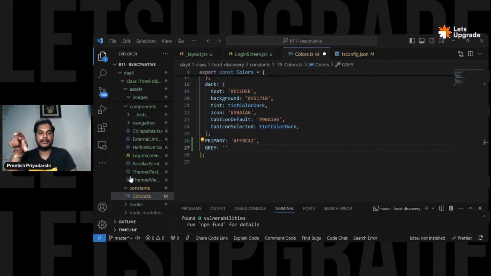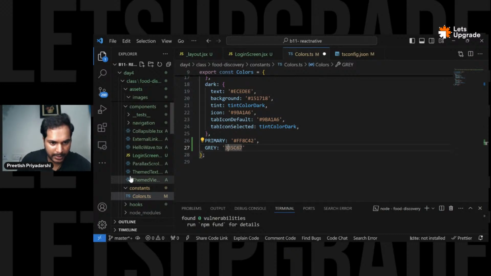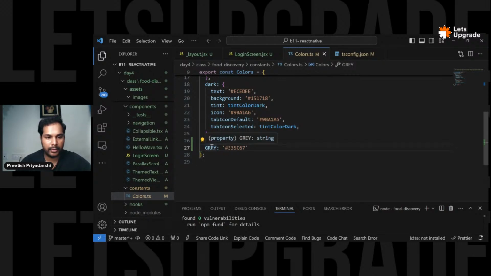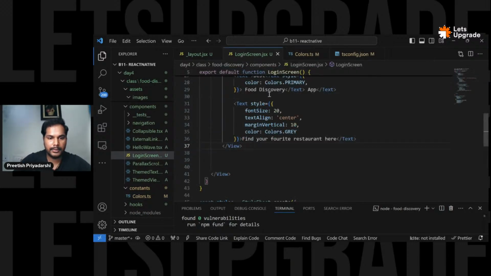We have saved a color palette, so from that I am pasting the hex code. So this is like gray or primary or gray text. Okay, so this we are implementing right here. This is implemented,